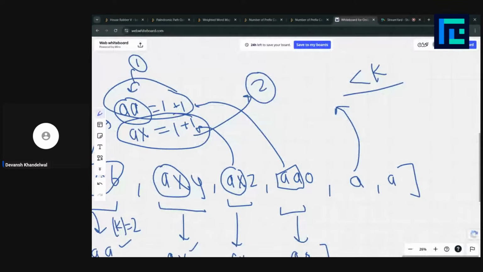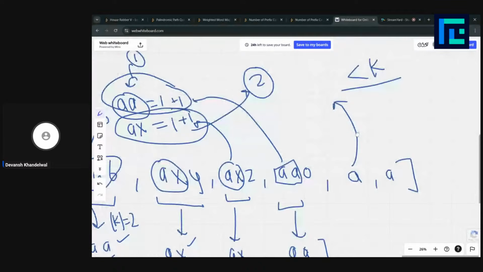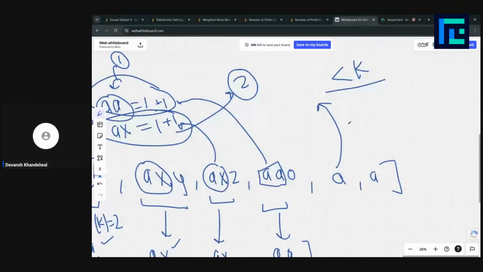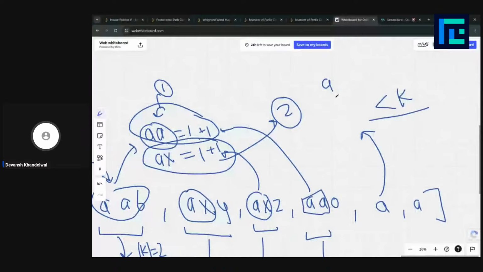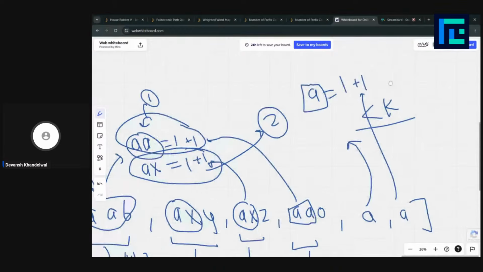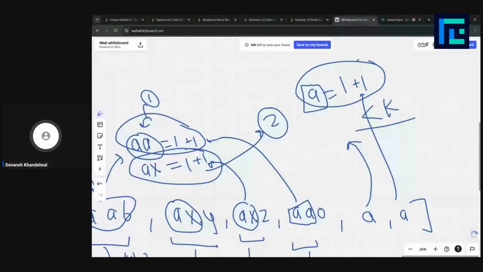So let's say we add two more strings, each of length 1, and their size is less than k. If we don't block them, what's going to happen is this is also going to mark it in our dictionary, and first it will mark the string a as 1, and then this second one is going to increment it by 1, and this string would also pass into our final answer.